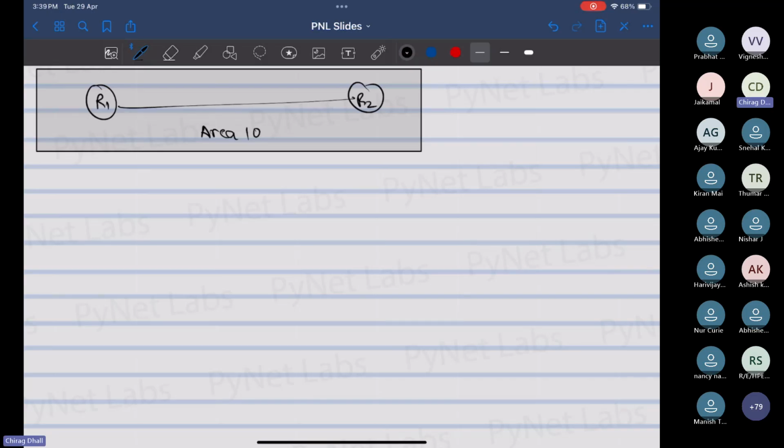Okay, let's do this lab where we'll connect R1 and R2 together and put them into area 10. So their area is going to be the same. Their subnet will also be the same,